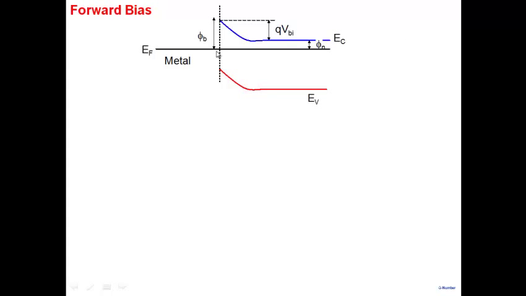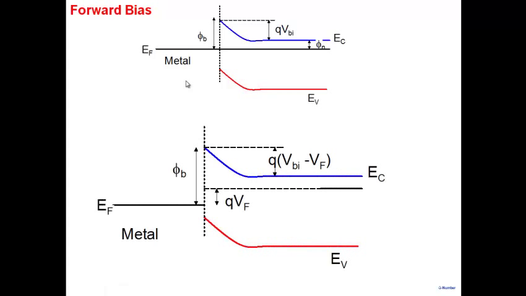So imagine the metal will go down by an amount here. Let's look at the energy band diagram. Here, this is the Fermi energy in the metal. Far away from the interface is where my semiconductor is. So my semiconductor stays as it is, far away, relatively unaffected. So it is here, and the metal's energies have been pushed down by an amount of the applied voltage, QVF. Okay, so this becomes the energy band diagram